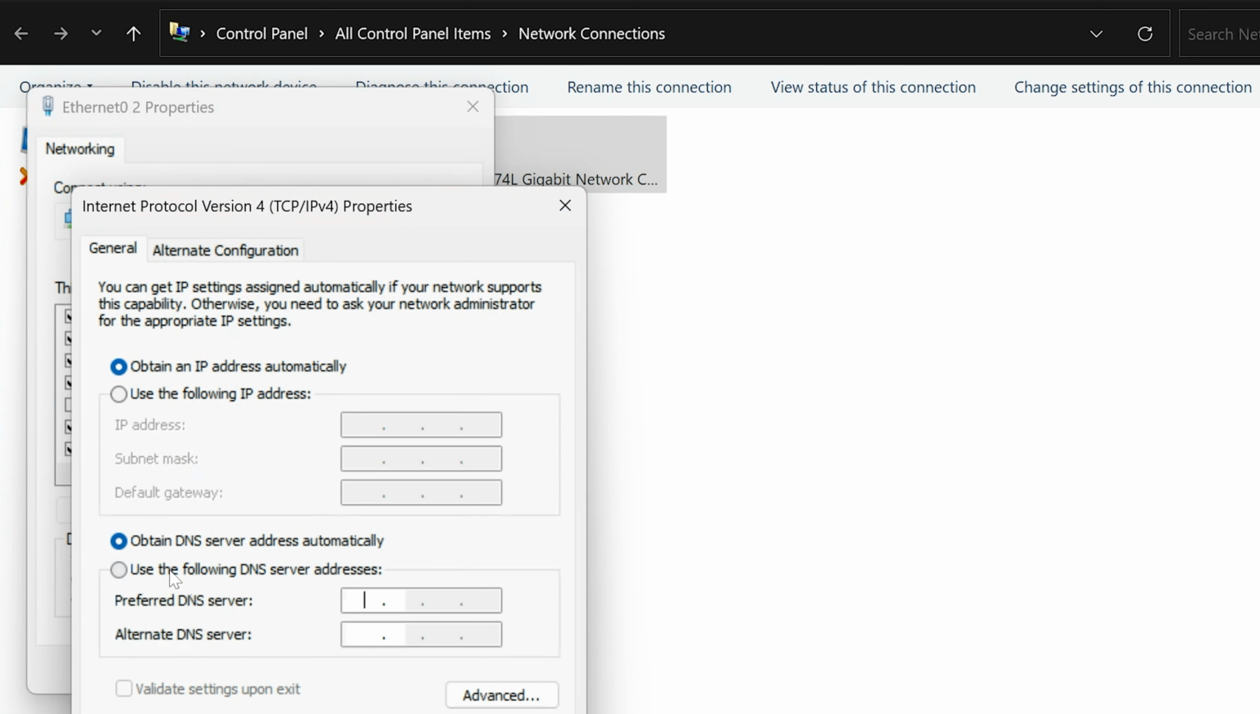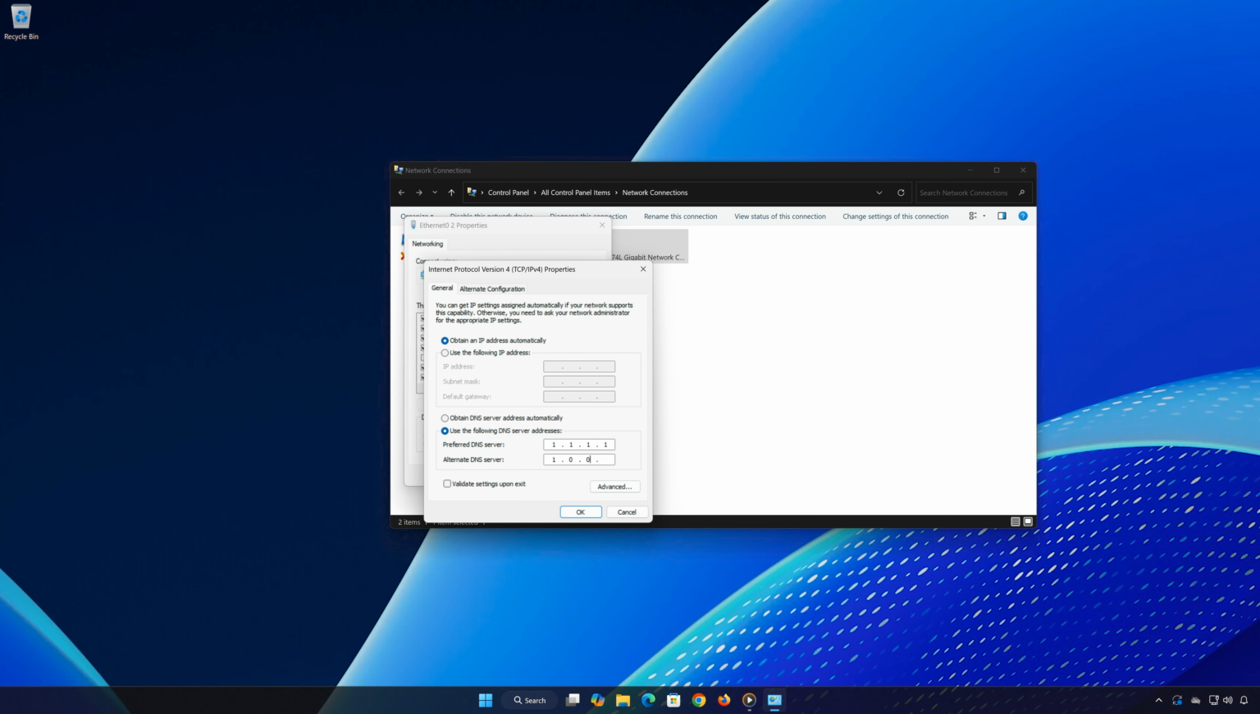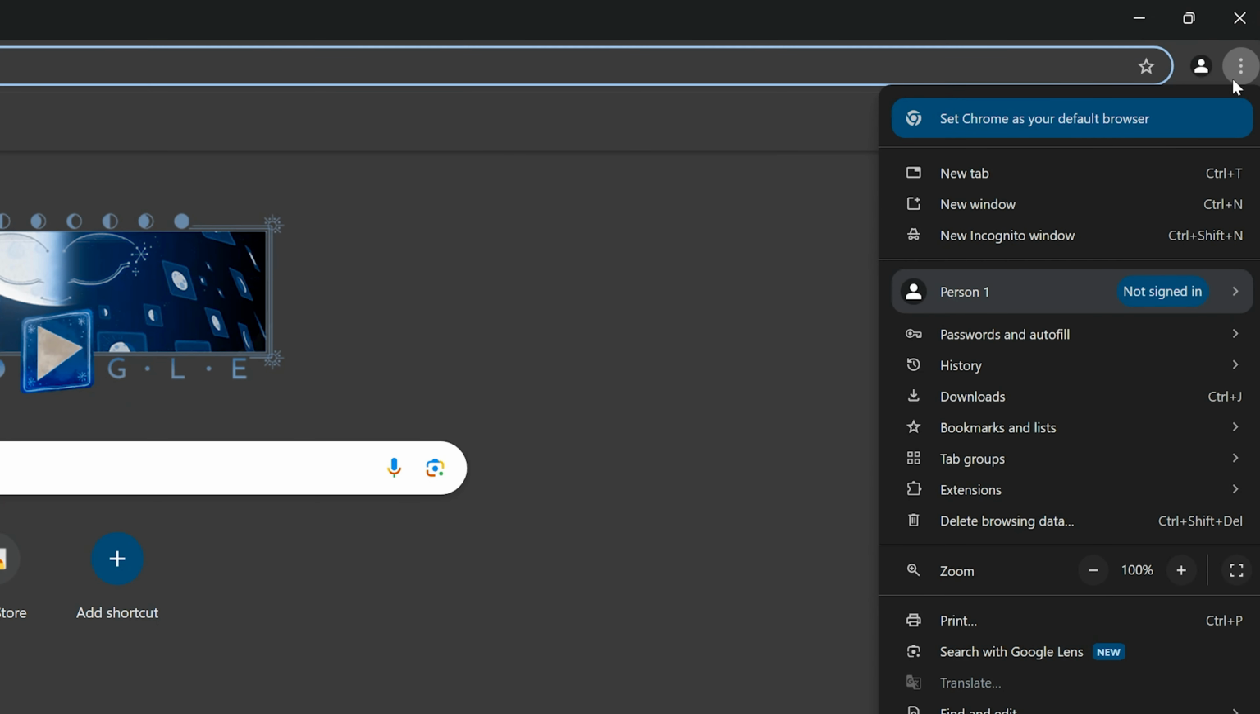Click Properties, then choose Use the following DNS server addresses. Enter 1.1.1.1 for the top line, 1.0.0.1 for the bottom line. Click OK to save. In Chrome, click the 3 dots in the top right corner, go to Extensions and click